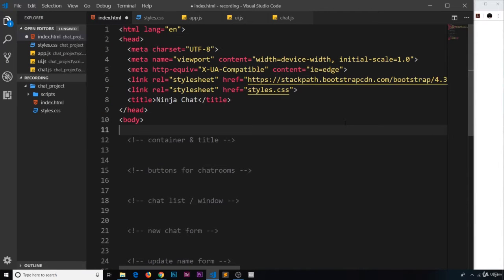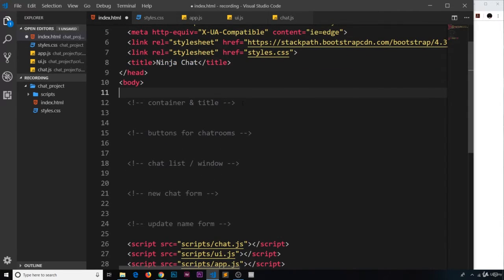So in this video, I'm going to create the HTML template for the chat room, and there's going to be several different sections to this template. So I've created a little comment for each one so we don't get confused with what each part is doing. And the top bit is just going to be a container to keep everything in the center and also a title as well. Then we have all of those green buttons at the top for the different chat rooms, things